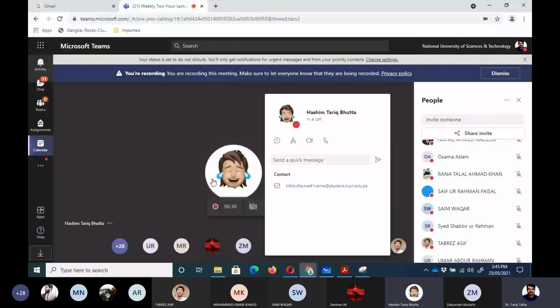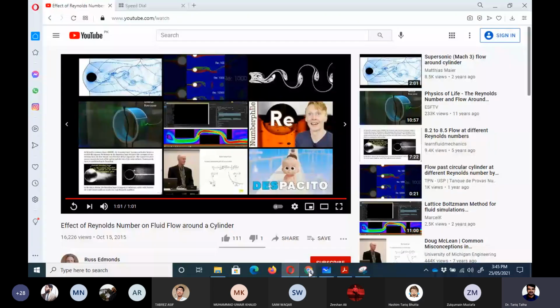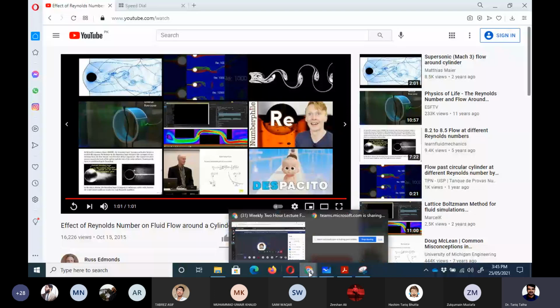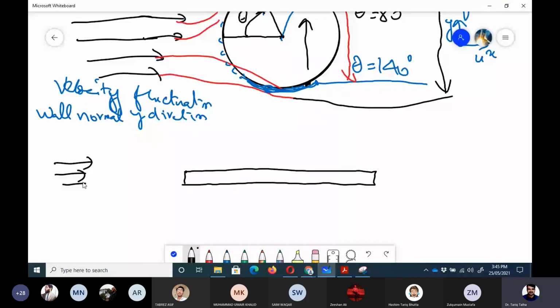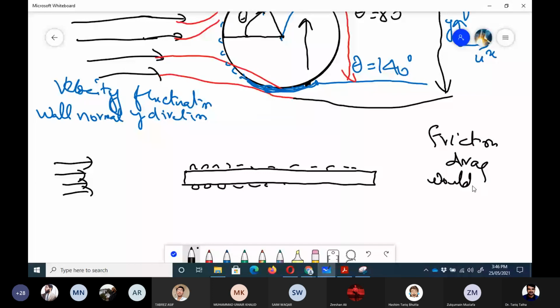Okay, so now let's consider if we put dimples on a flow happening over a flat plate, like a kind of surface roughness. Would it give us any advantage? No, because when we put roughness here, it would increase the friction drag. Friction drag would be more due to surface roughness. But because the pressure drag is already less in streamlined bodies, that's why we don't put any surface roughness for